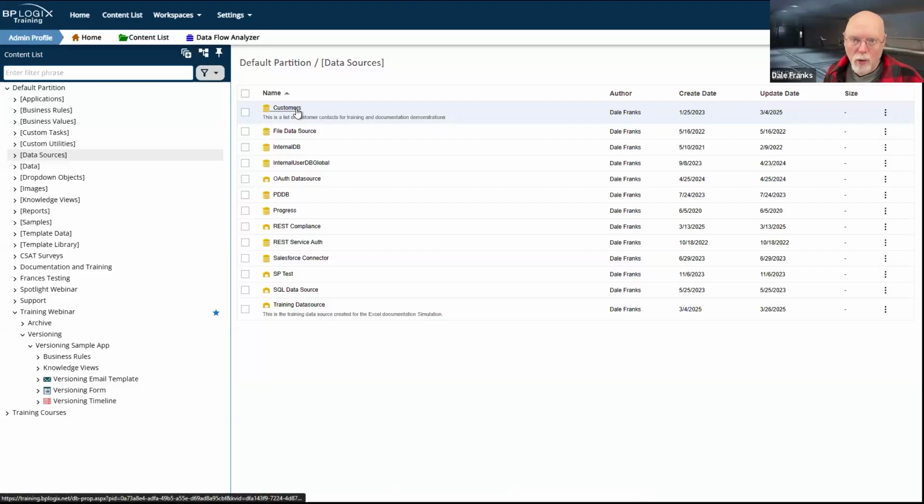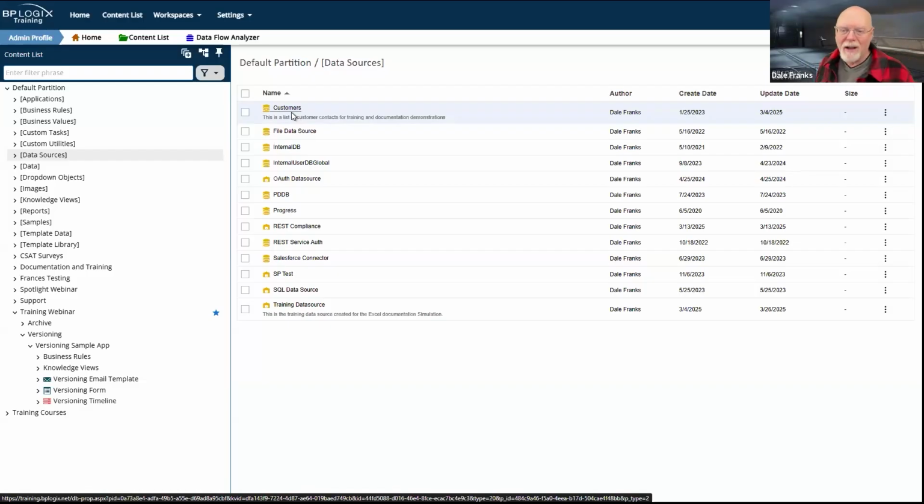But this data source would actually be pulling data from the real world, my actual customer data from my ERP or CRM system, whatever it might be, so that I could pull real-time customer records out of that database to display in Process Director. They both have the same name, customers.